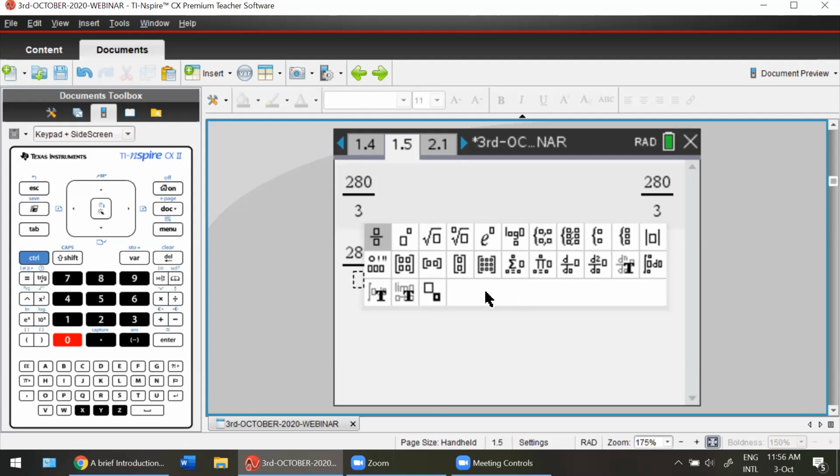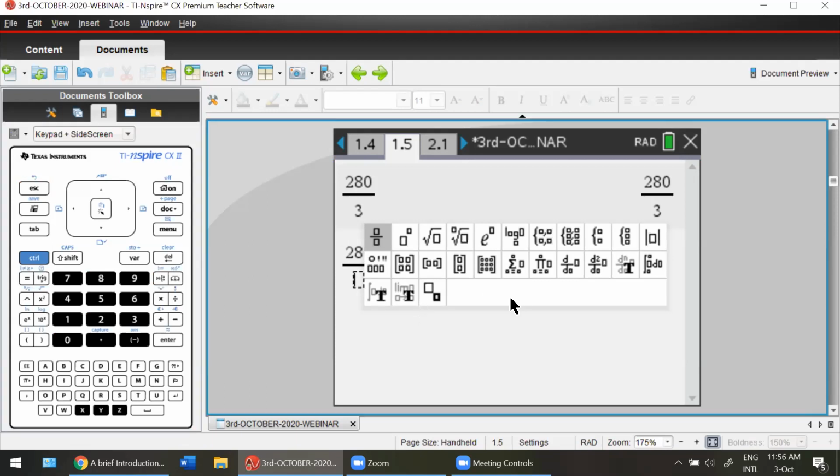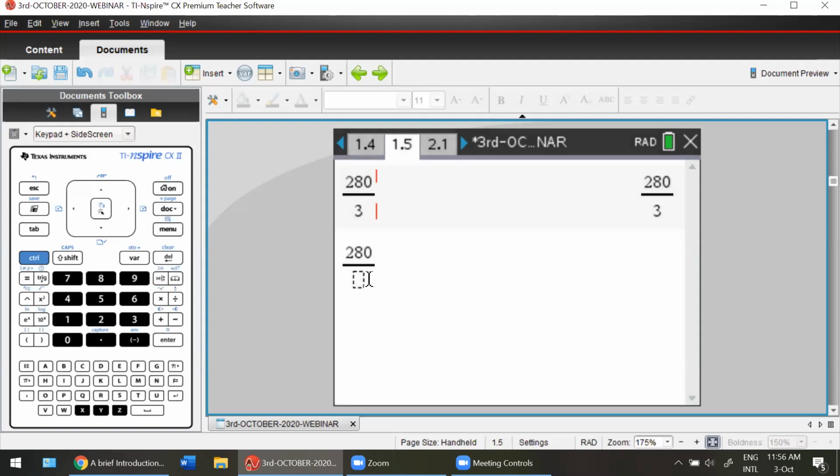Just press the number. 280 divided by 3. And if you want your decimal directly, students, just put a decimal point here. You see this point option here? Just put a point and you hit enter and you're done with your answer.